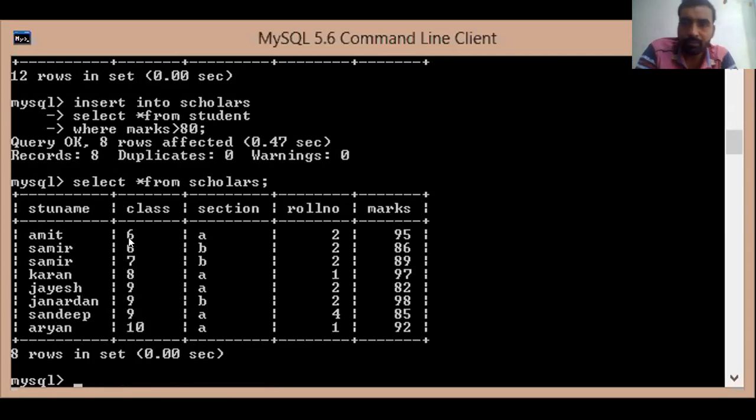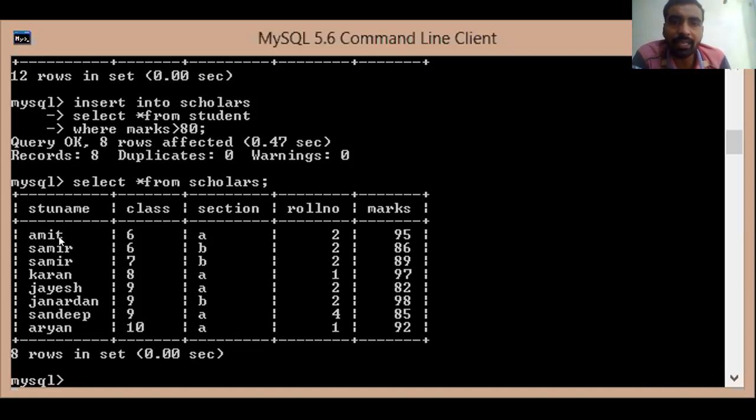See here. Can you all see this? It is having the same field names. That's why there was no error, no problem. If the same field names are not there, then there may be a problem, as it had happened yesterday. So it is having the same field names with the same data types. So there is no problem. Data has been inserted very easily from the student table.